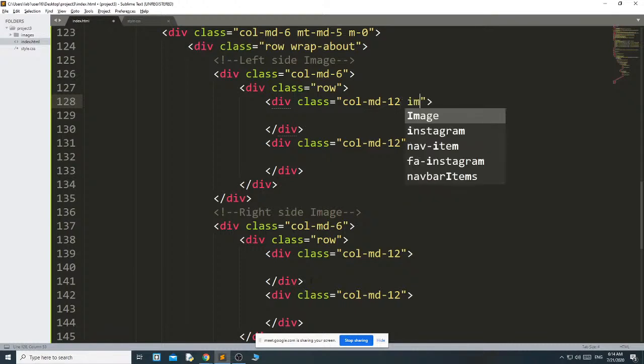Here I am going to write one class image over and margin 4.